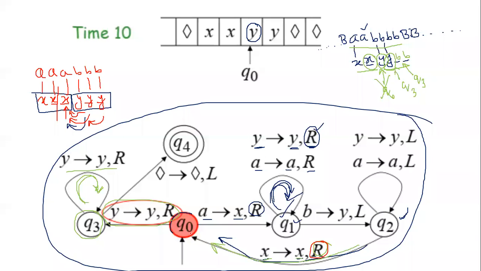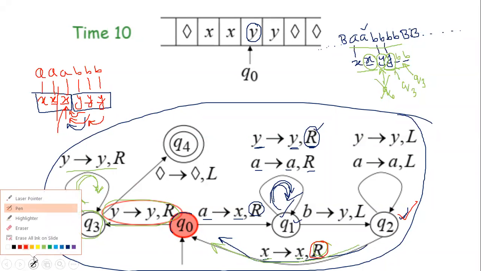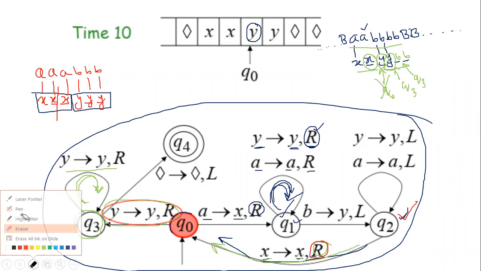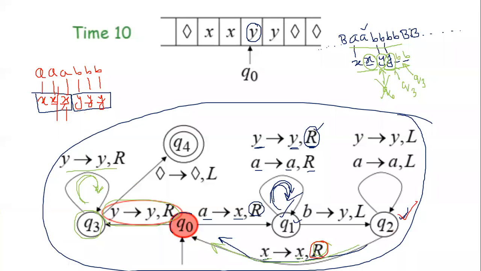A situation like you are in Q0, you are in Q2, you have got X, you have got to right. So you are in Q2 right now. When you are pointing, sorry. Let me make it Q0, much clearer to you. When you are pointing over here, tell me which is the state number.